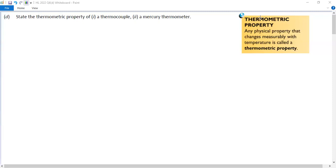All right, with this one, the answers you give are very short. It's just a fact type one. There's no big explaining and no big calculating, so people like these questions in general. I think if you remember the fact and you're able to put it down for your 7-mark question, that's a nice one. So the question asks us to state the thermometric property of 1, a thermocouple, and 2, a mercury